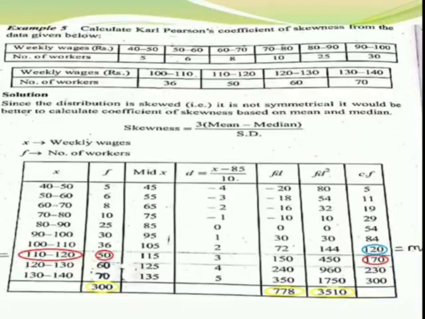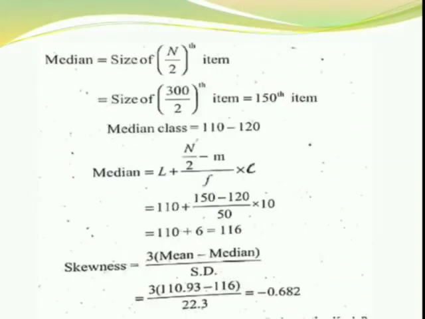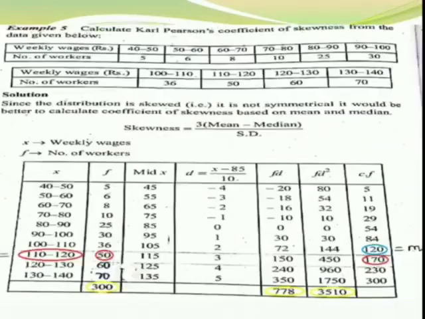So we are taking the corresponding row, whose class interval is 110 to 120, and then the corresponding frequency is 50, and the pre-median class, the cumulative frequency before it, is 120. So we are taking the class limits: the median class is 110 to 120, and the lower limit is 110. Then the pre-median cumulative frequency is 120, and the frequency is 50.